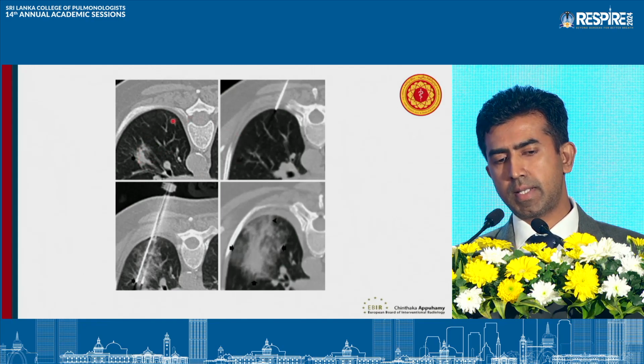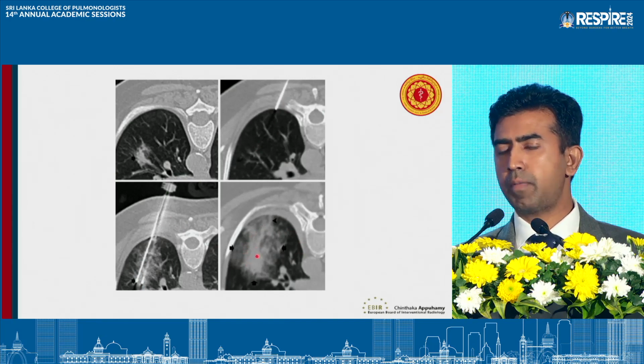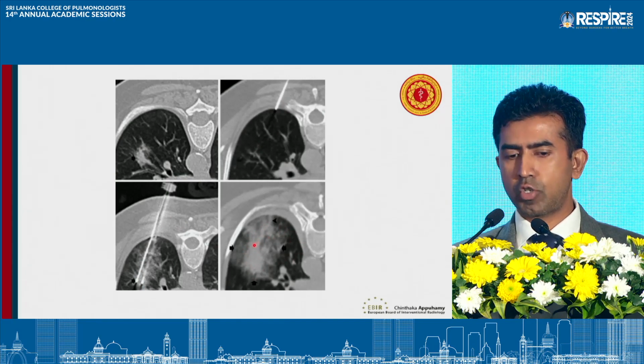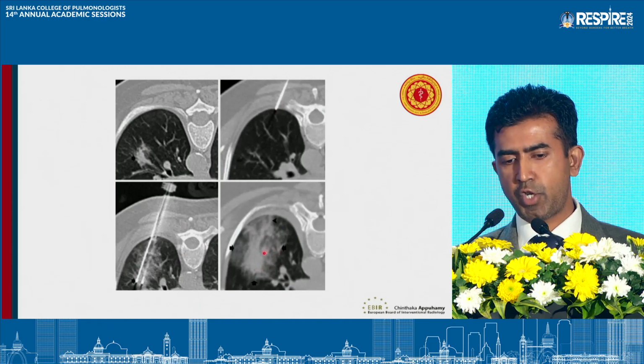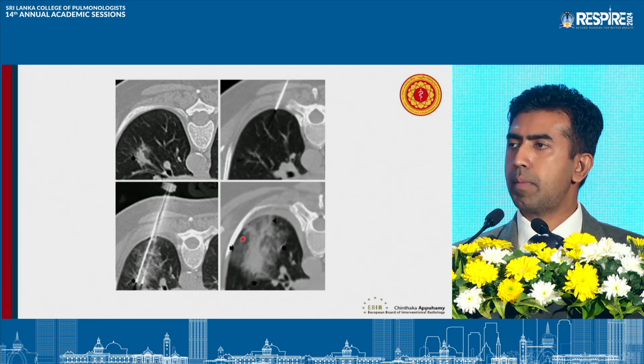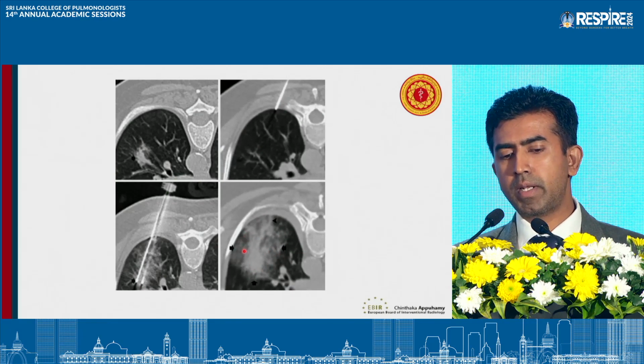The patient was in the prone position, and the antenna was advanced into the abnormal area, and the ablation was carried out. This is how you see it immediately post-ablation, as consolidation with a bit of hemorrhage. So this needs to be followed up to see the complete